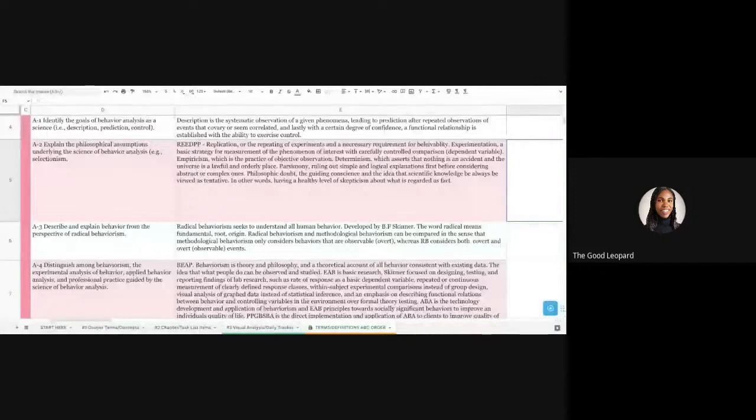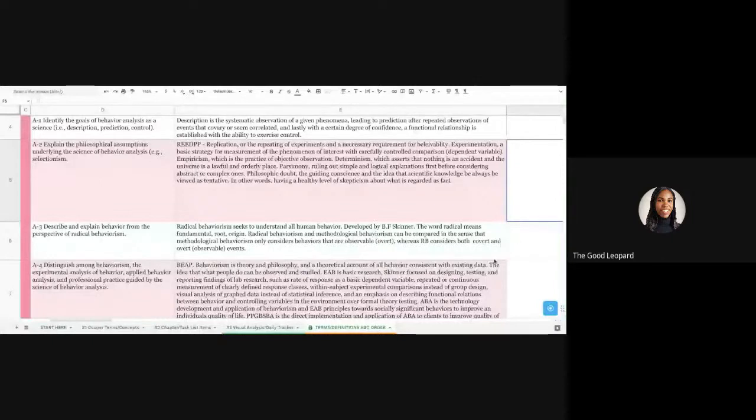And now for philosophic doubt, which is pretty simple too. It's just a healthy level of skepticism. It's the idea that scientific knowledge should always be viewed as tentative. Like there's not always going to be that certain thing. You can still question it. You can still wonder about it. You could still be curious and see, maybe this isn't true. Maybe this needs more refinement. Whatever that is, you're continuously questioning what's regarded as a fact. That's called philosophic doubt.